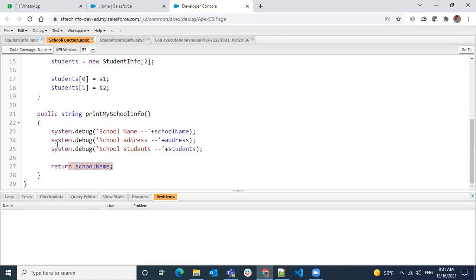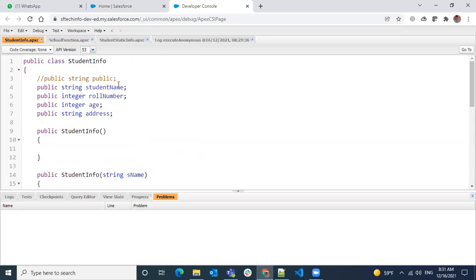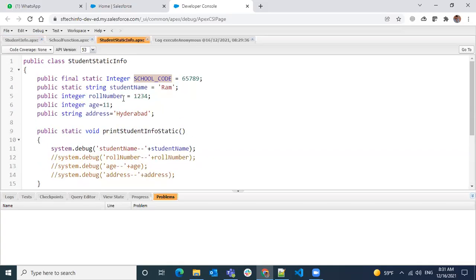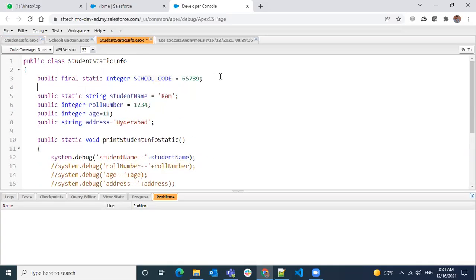Usually we use this keyword like this: public transient string my transient variable equal to my temp value.